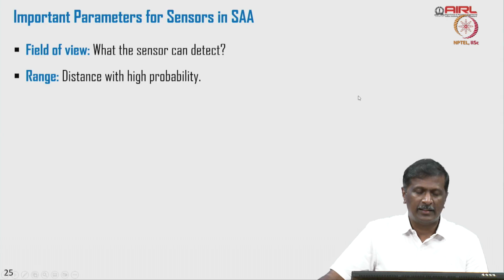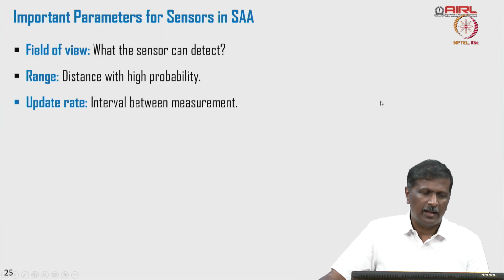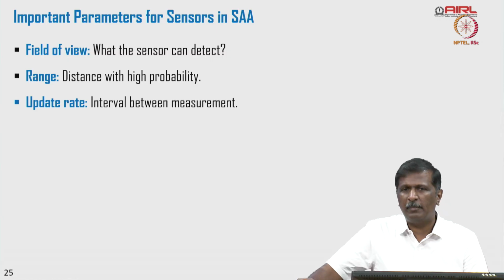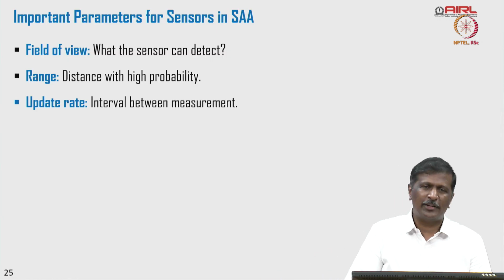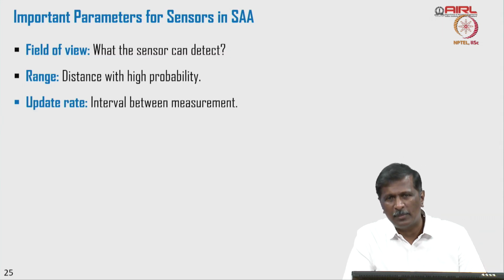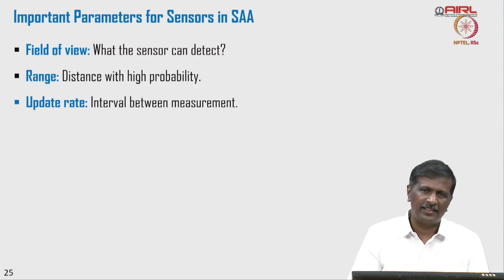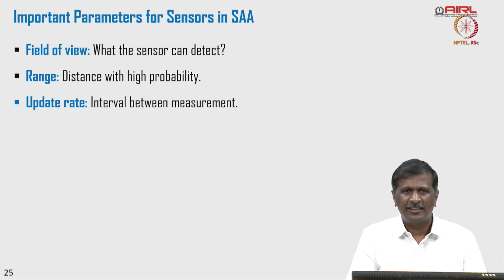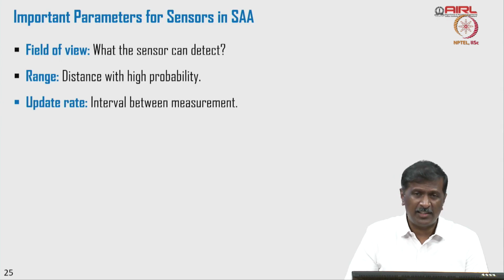Range, the distance with high probability, right? How far I can detect the targets with the highest probability. That's a very important parameter. Update rate, the interval between measurements. What is the frame rate? If you're talking about a camera, are you talking about 20 frames per second or 30 frames per second or 50 frames per second? What is the interval between measurements? That's very important,